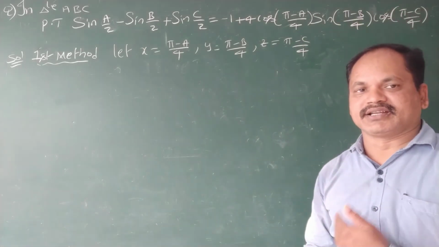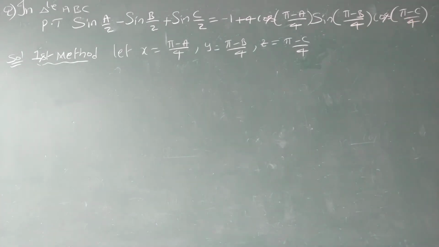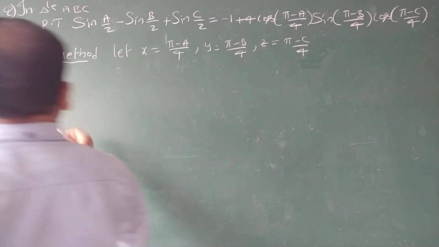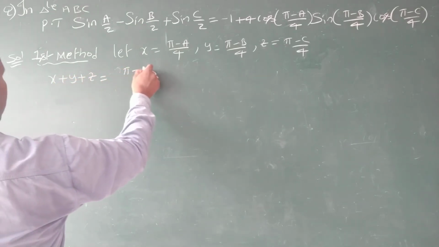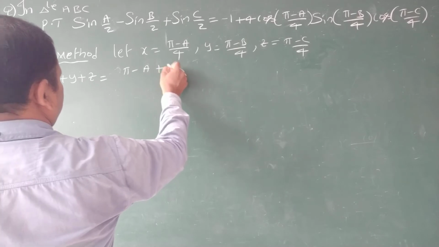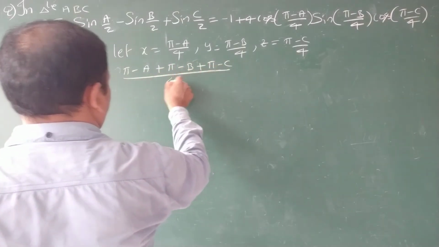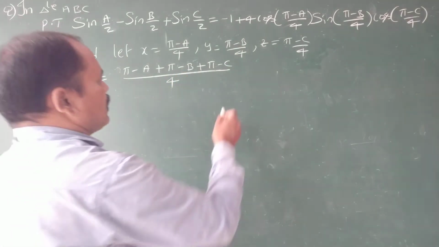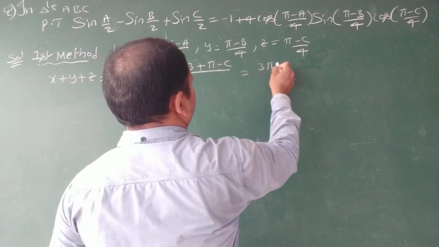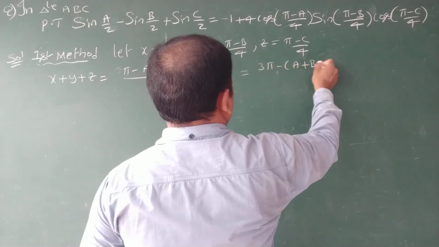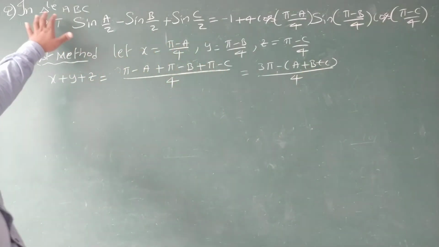Let us consider x, y, z as pi minus A by 4, pi minus B by 4, pi minus C by 4 respectively. Now add these: x plus y plus z is equal to pi minus A plus pi minus B plus pi minus C by 4. That is 3 pi minus (A plus B plus C) by 4. Actually, from the given condition, in triangle